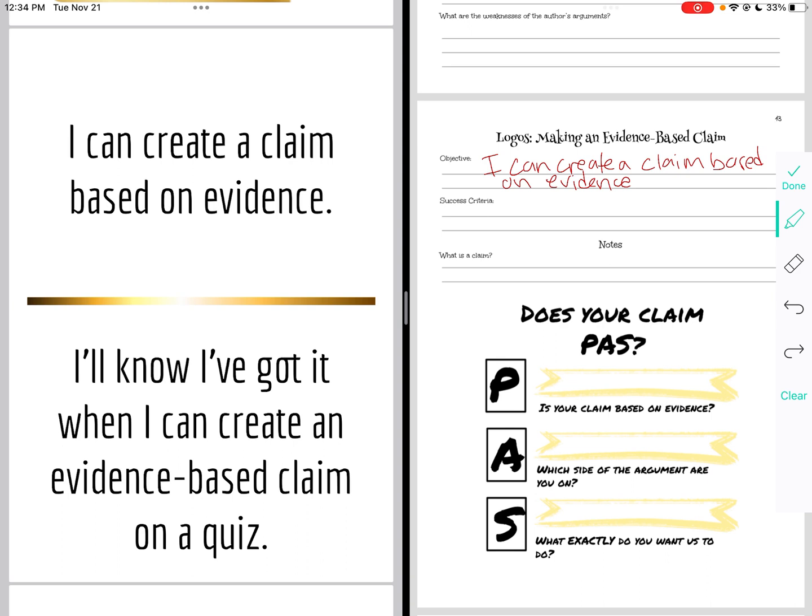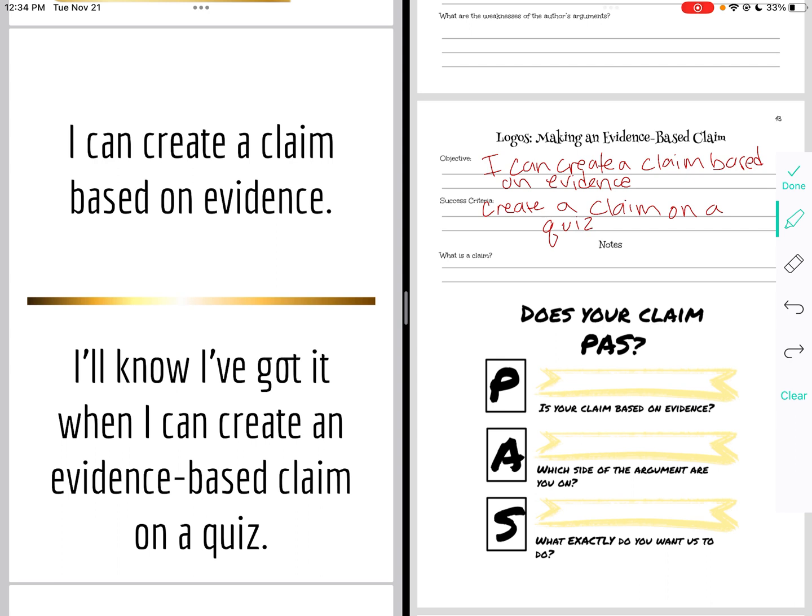I'll know I've got it when I can create an evidence-based claim on a quiz. So this is leading up to CFA 1, right? So create a claim on a quiz. So if you're having a hard time creating a claim for CFA 1 or creating claims later